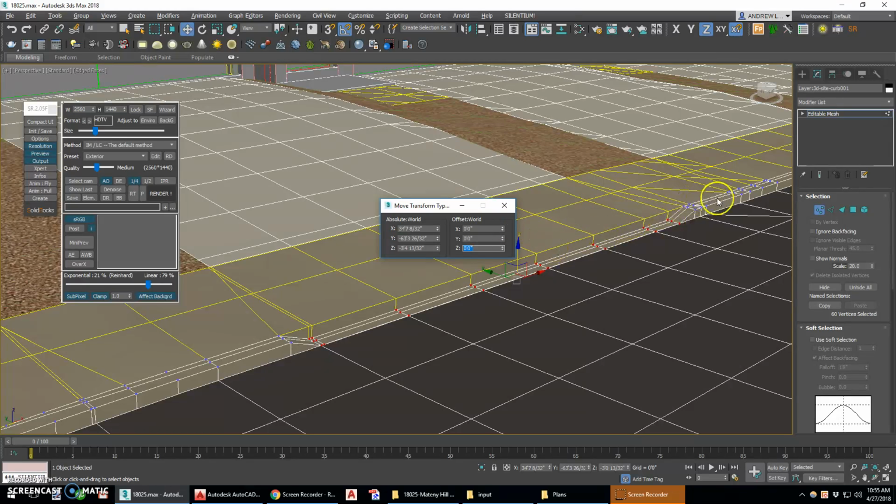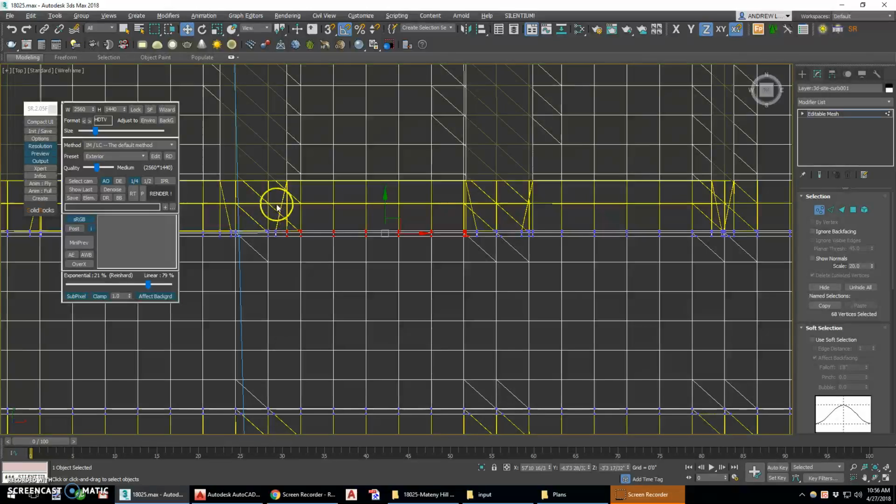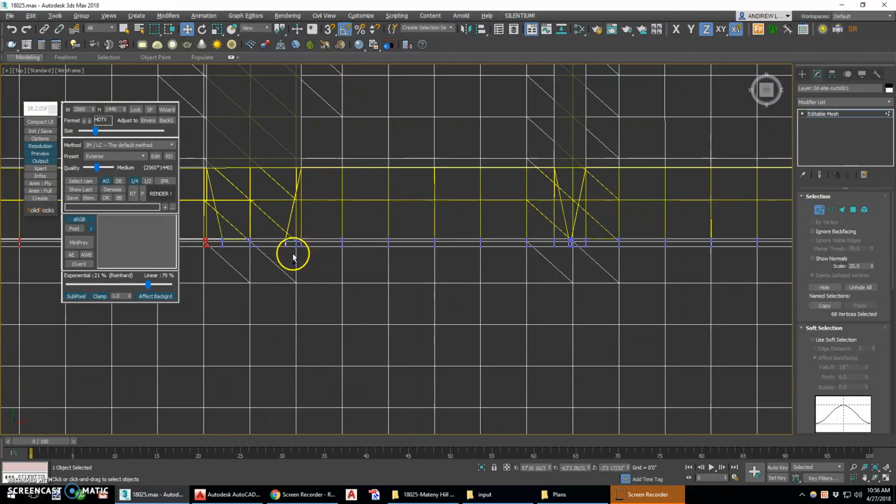While that curb's selected, I may as well go do all the other curbs real quickly. So I'm not holding Control because I don't want to select that, because I don't want to move what I did down again. But I'm going to select that driveway apron, hold my Control, select this driveway apron,